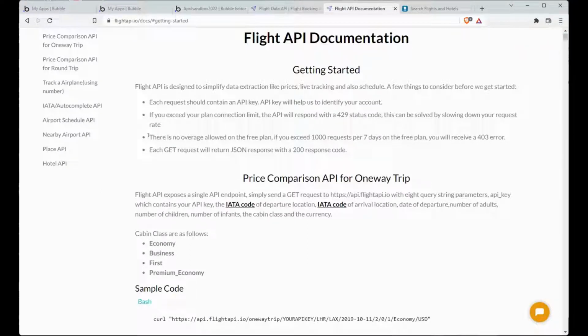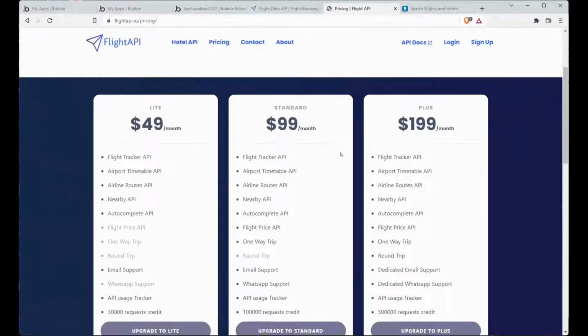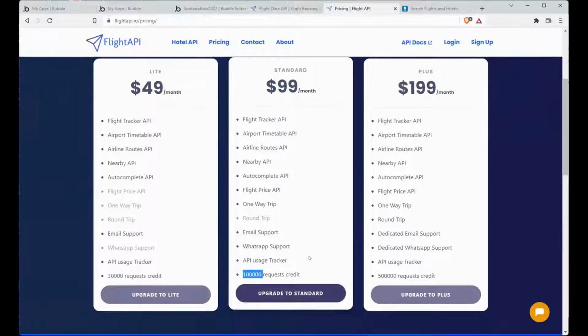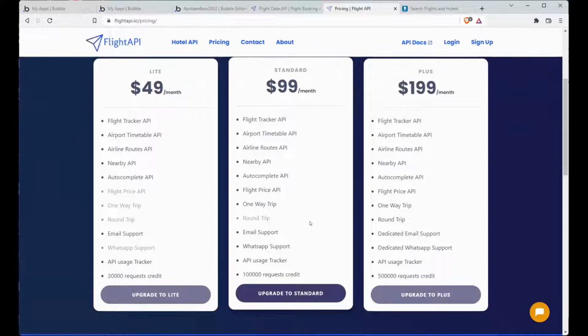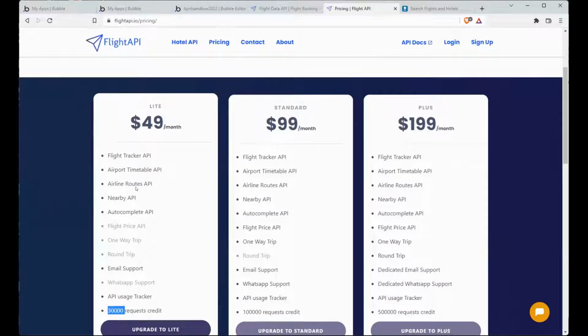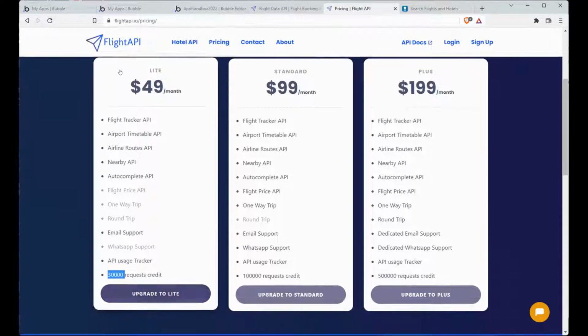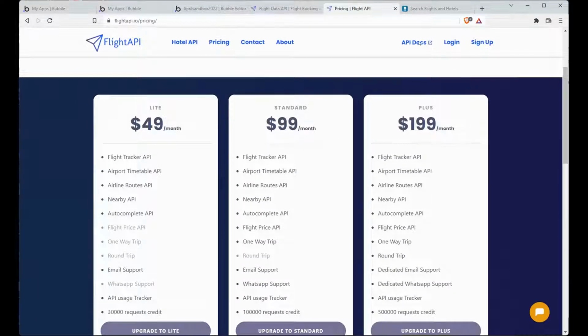So it does look like there's a free plan where you get 1,000 requests per 7 days. What is the pricing like for you? Well, 100,000 requests at $99 a month ain't bad. 30,000 requests for the $50 plan. So the free plan, it doesn't look like the light plan actually gives you the flight price. But for the standard, it does. Now, in terms of documentation,